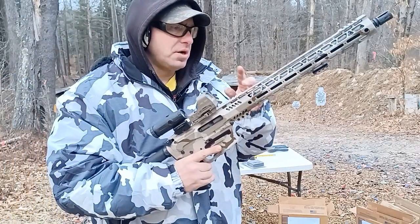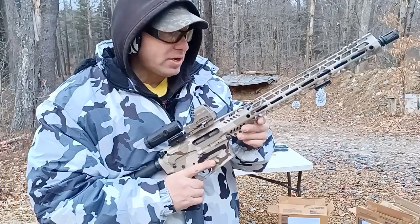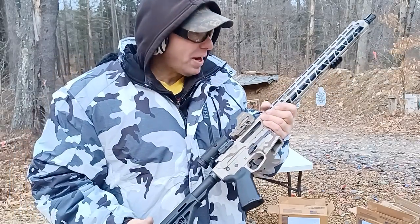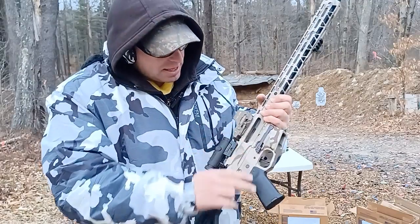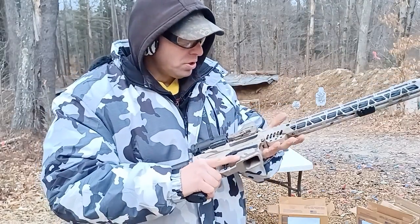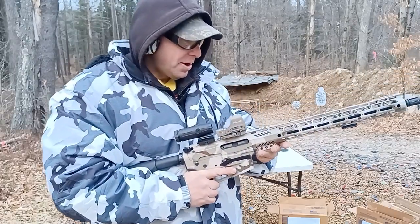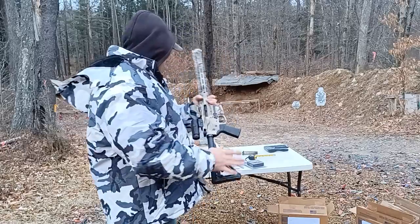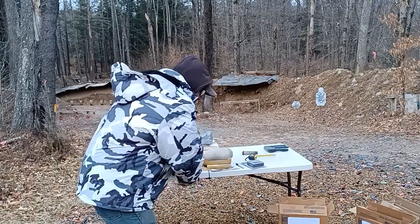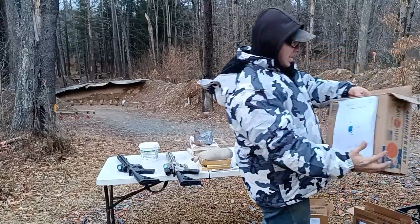This is the custom PX-9 from Palmetto State Armory. The reason why it's custom is mainly because of this paint job that they got on it, which is absolutely beautiful. Matches my jacket a little bit. So absolutely love it. The other thing that they've done to this rifle is it has a... I have to write this down because I could not remember the name of it. It has a